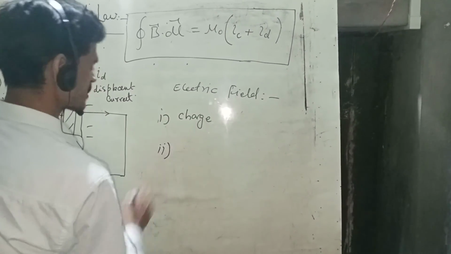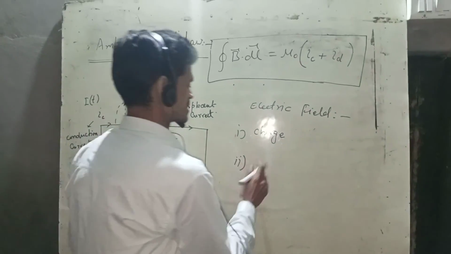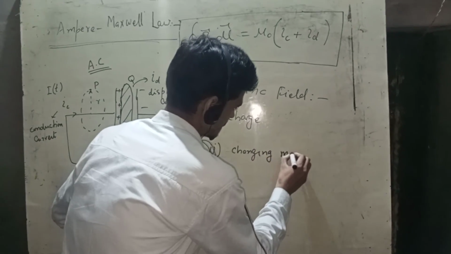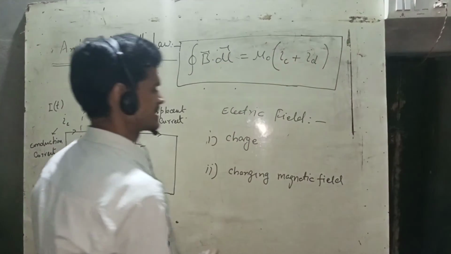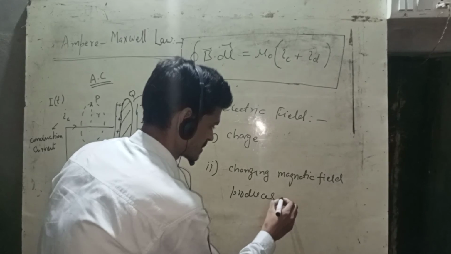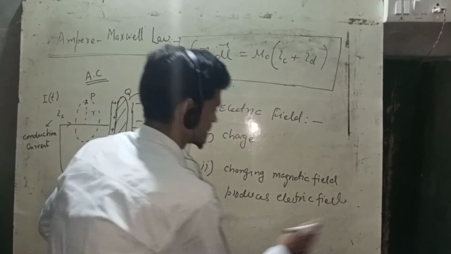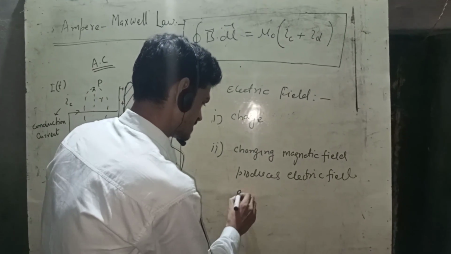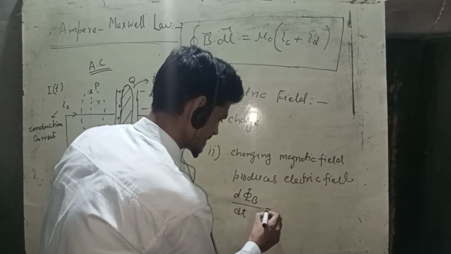Second, as we discussed in the previous chapters, a changing magnetic field produces an electric field, and this law is called Faraday's law. Suppose the change in flux delta B divided by delta T is equal to